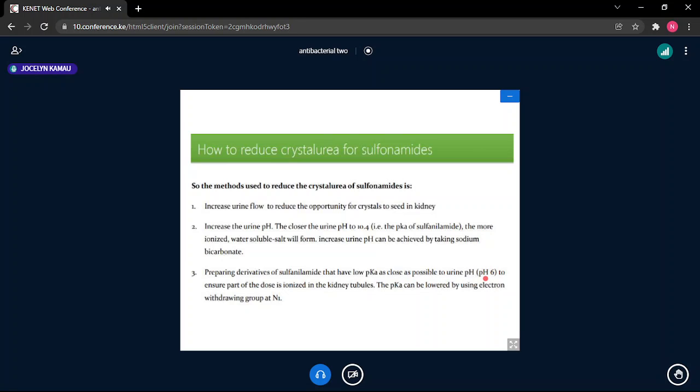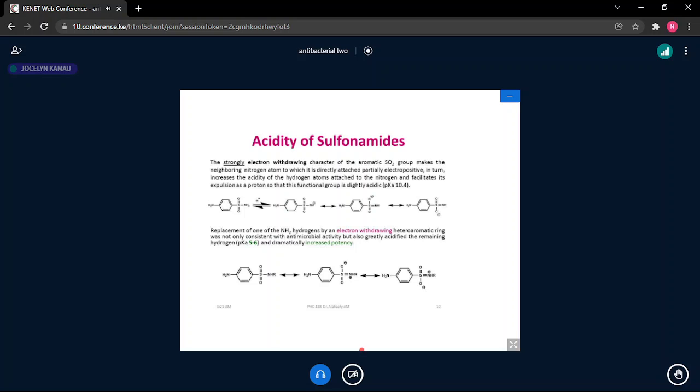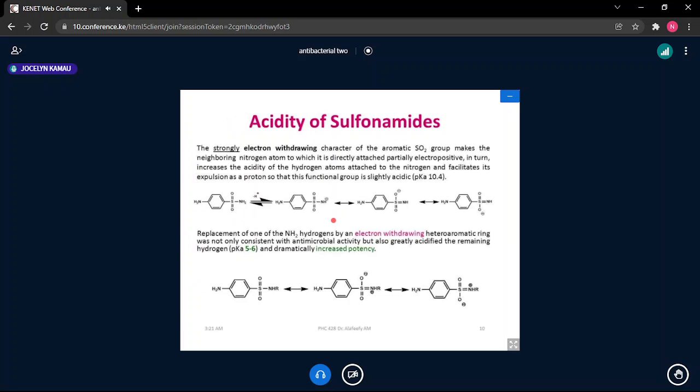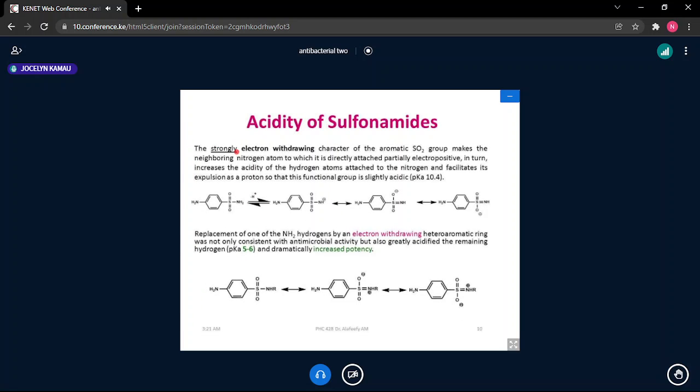Again, we are using the Henderson-Hasselbalch equation to ensure part of the dose is ionized. That's about 50% of the dose is ionized in the kidney. The pKa can be lowered by using electron withdrawing groups at N1, as we have already discussed. Again, it's just to further emphasize what we have discussed. We have said that you put electron withdrawing groups, so we are continuing this. Sorry, this one we are considering the SO2 first. The strongly electron withdrawing character